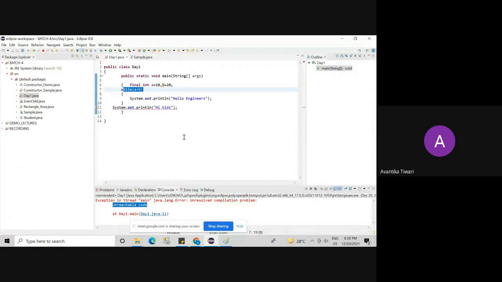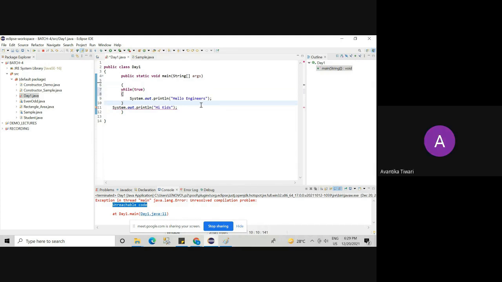Fine. Now what I am doing is while true, let me delete that part. While true, system.out.println, hello engineers, and here hello kids. Now also true.